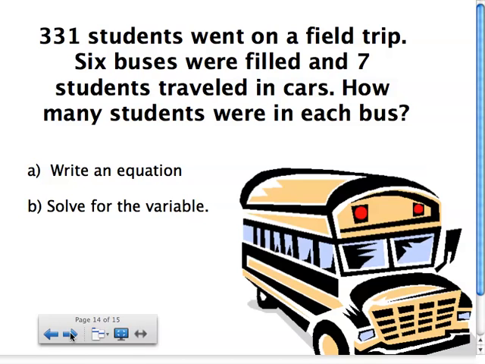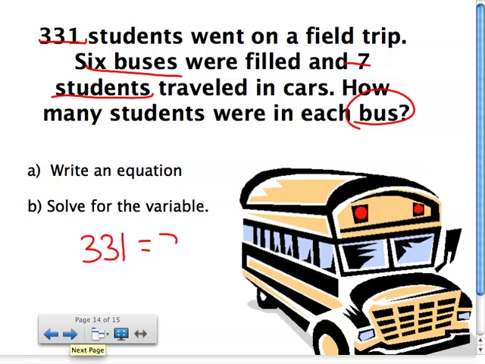word problems. Let's do this one together. Okay, so 331 students went on a field trip. 6 buses were filled, and I'm going to underline as we go along. 331 students went on a field trip. 6 buses were filled, and 7 students traveled in cars. How many students were on each bus? We don't care about people traveling in cars, right? We do know that 331 students went on this trip. 7 of those students drove in cars, and then we had the last, which was, there were 6 buses,